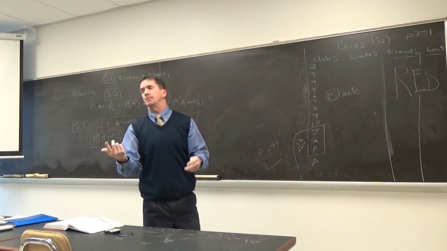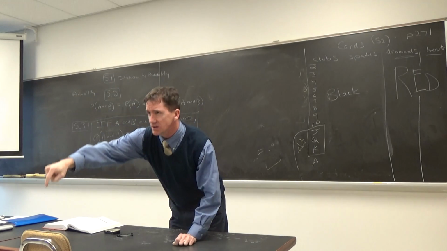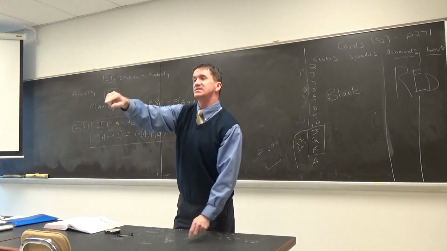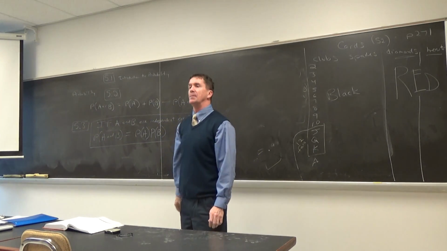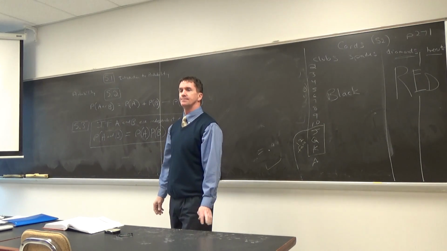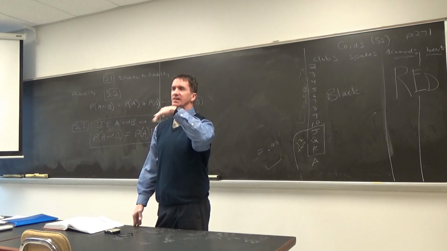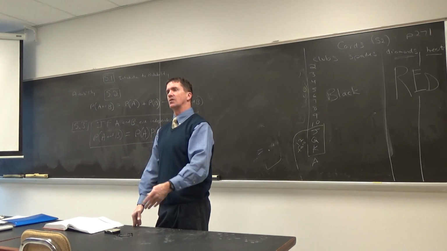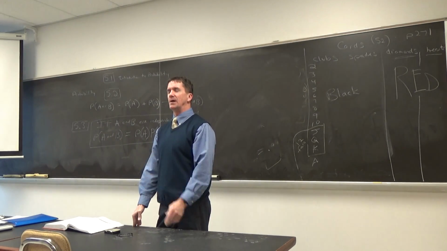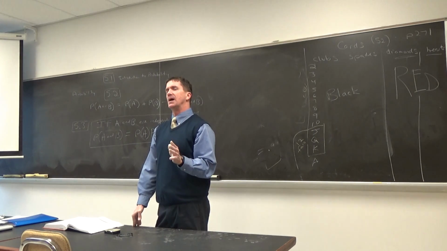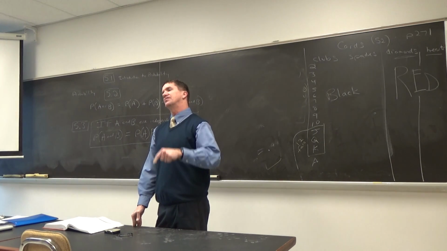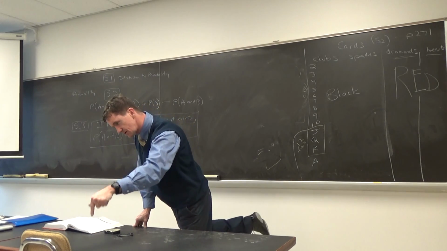Two events, A and B, are independent if the occurrence of A does not alter the probability of B occurring. If you don't like the word alter, I can use the word affect. But let me just say that a few times. I'll just say it over and over again so you know what we mean by independent events. Two events are independent events if the occurrence of event A